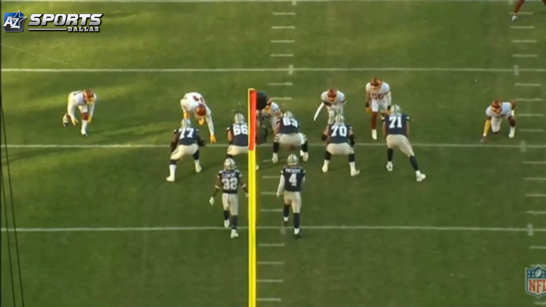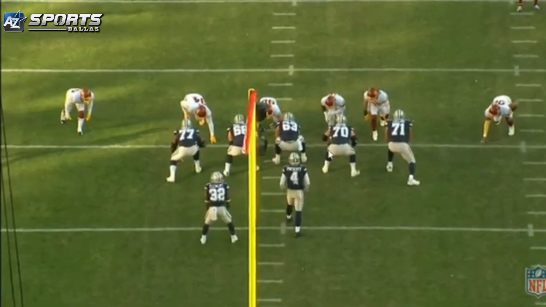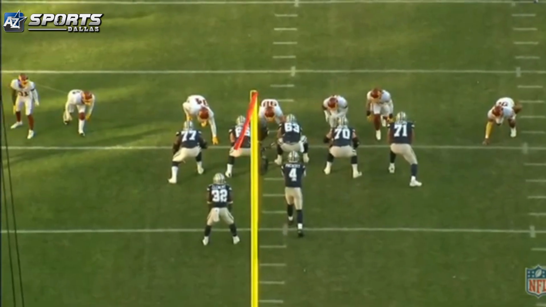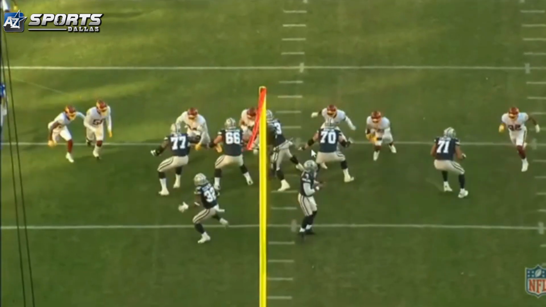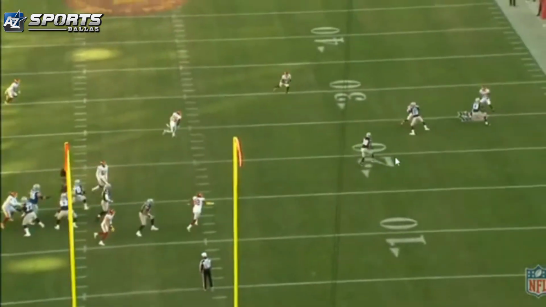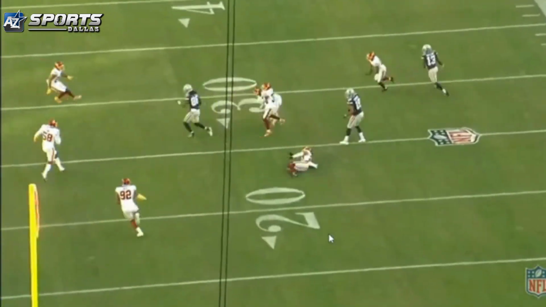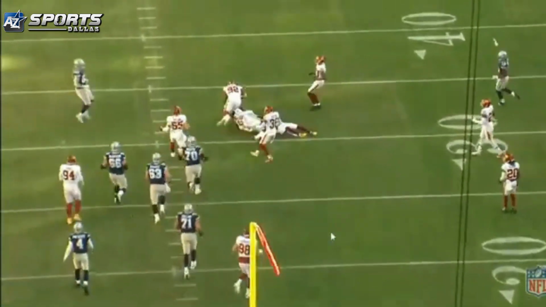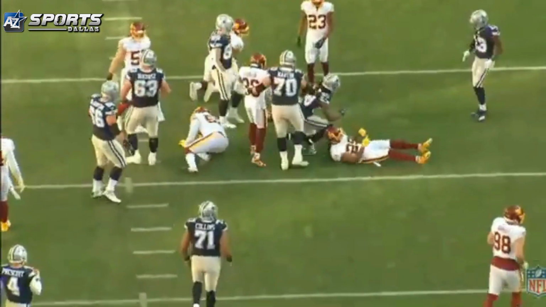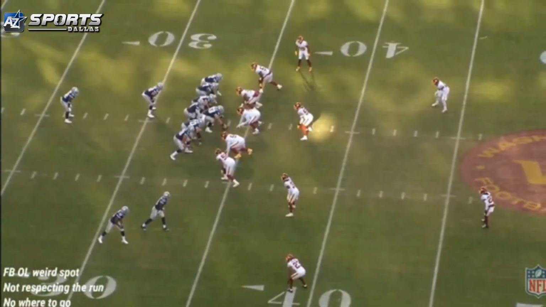26, Landon Collins is going to sugar, and when he sugars it here and he comes forward, it's going to cause Zach Martin to have to respect it. And they teach the lineman to take the inside man because it's the quickest route to the quarterback. And they know this. So he's sugaring it. He has to respect it. Free guy here, he won't have enough time to get this off, and he knows he's going to peel back. So instead, he gets it off quick out here. Just a great read, great play, and good yak by Lamb. So just overall, really good film study and execution on that play, in my opinion.